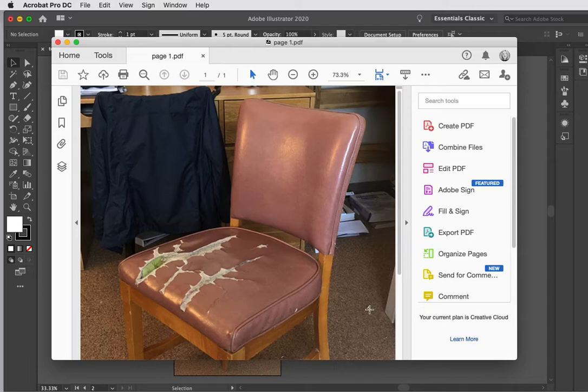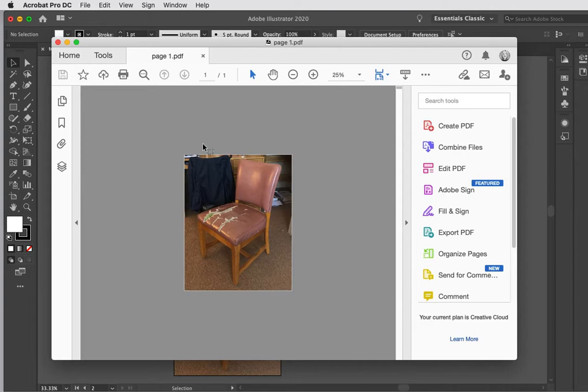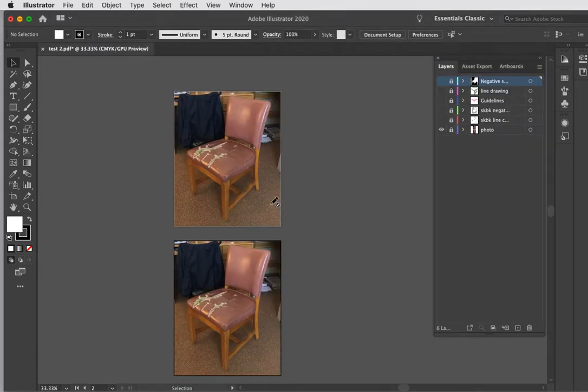Because I had the box checked, view PDF after saving, Acrobat opened in a new window. Here it is. I'm going to reduce the viewing size so you can see that that would be page 1 of the multiple page PDF I will need to do. I'm going to click here and just bring back Illustrator, and I'm going to leave that photo on